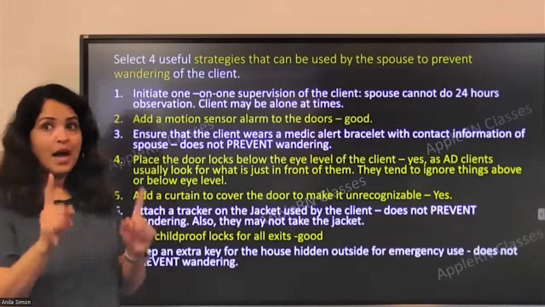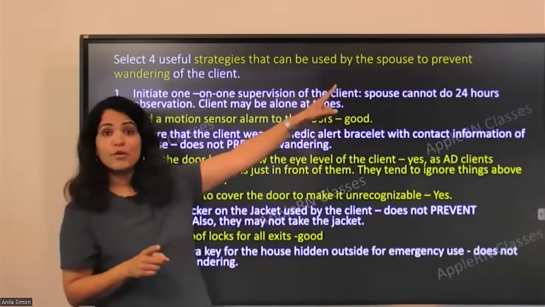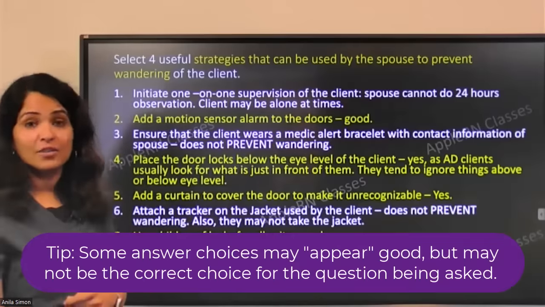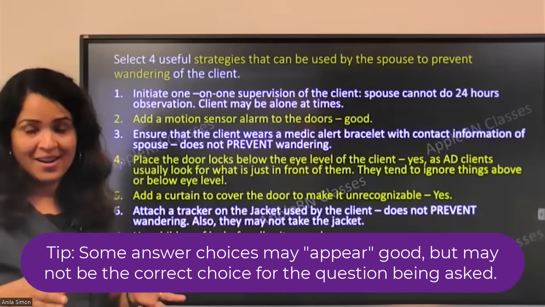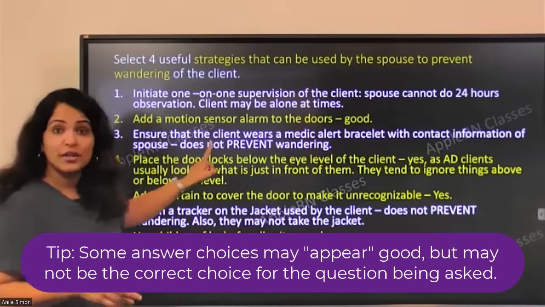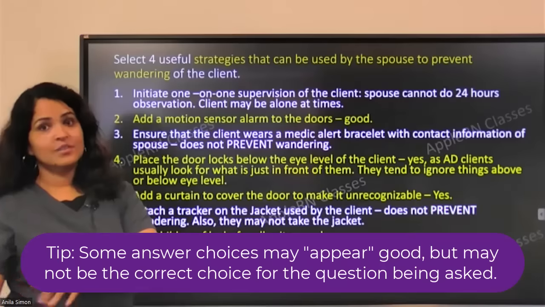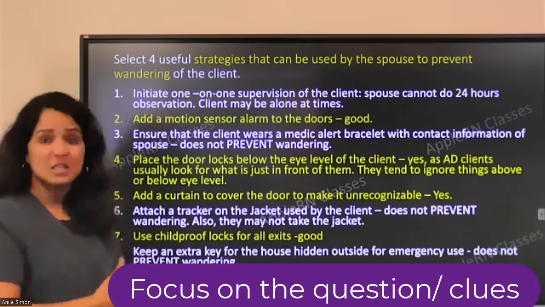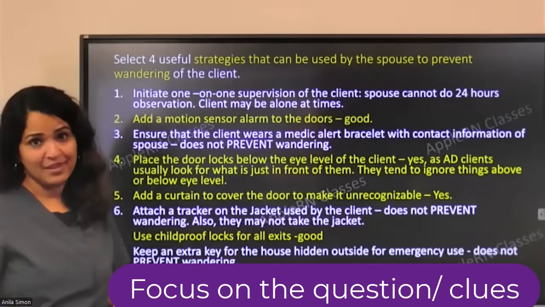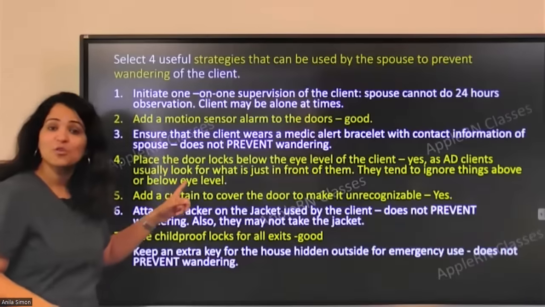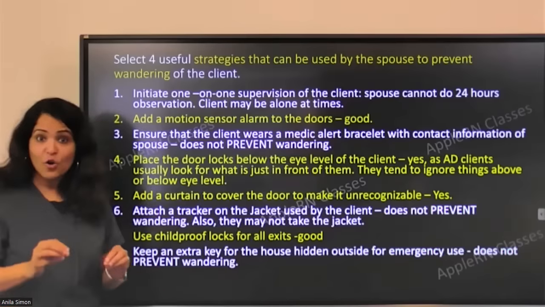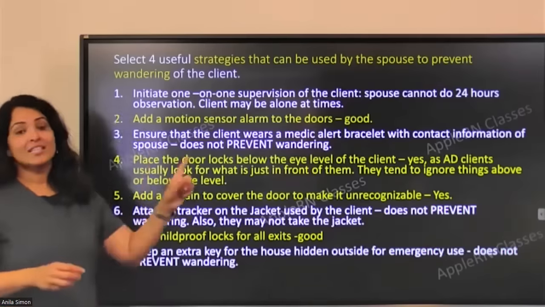But our question was asking on preventing at the first place. We don't want the patient to get out or wander off at all. So this one is good after they do that, to get them back. But our question was focusing on how can we prevent it in the first place so that they don't leave. So that's why 3 is not going to be our answer. Even though it's a good thing to do, for our question in this session, it's not going to be the